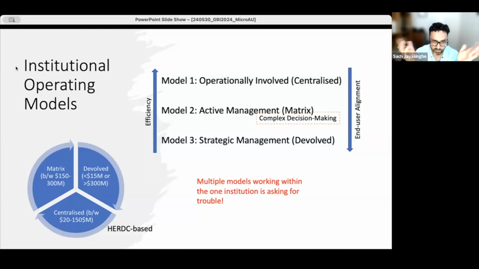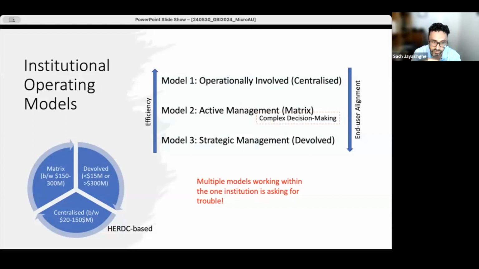And then you have what's called strategic management, which is a highly devolved model. In some universities, especially really big universities, the center has very little to do with research infrastructure. They might have some very broad policy, but most of the decisions are local. So even about career paths, the Faculty of Medicine may have a different view to the Faculty of Science. That becomes another challenge in a university context: what kind of operating model do they adopt